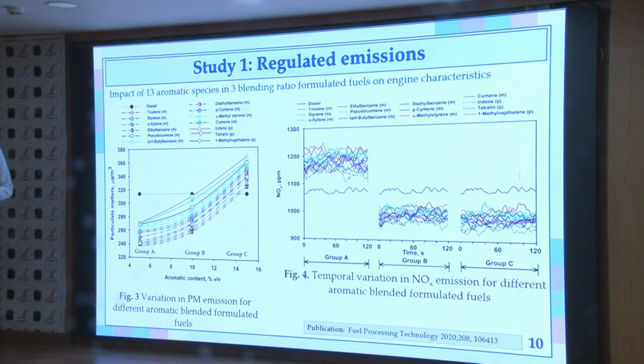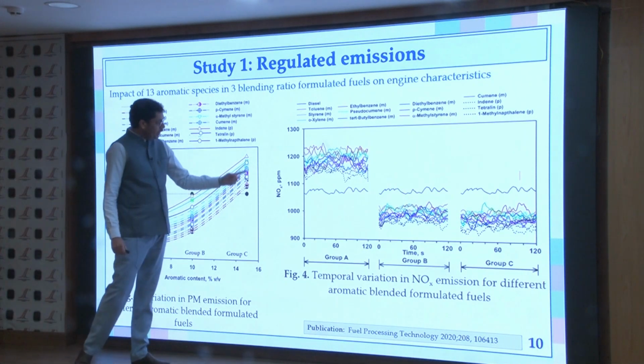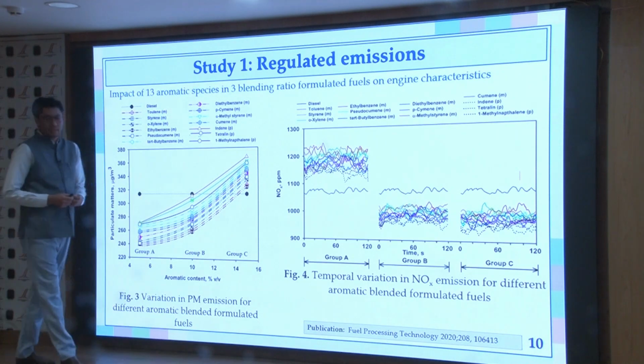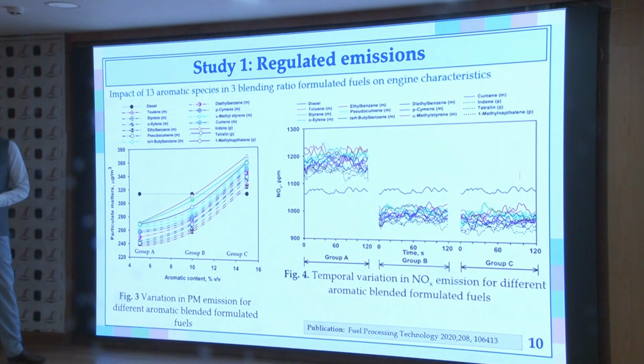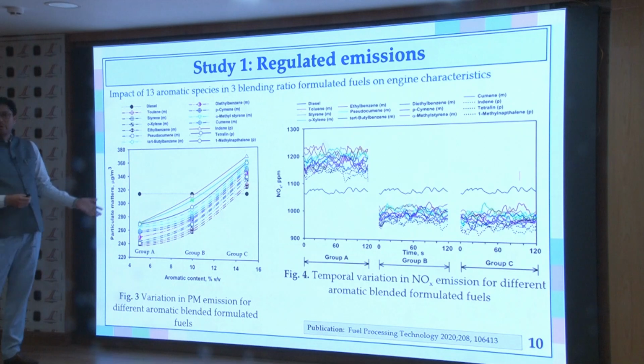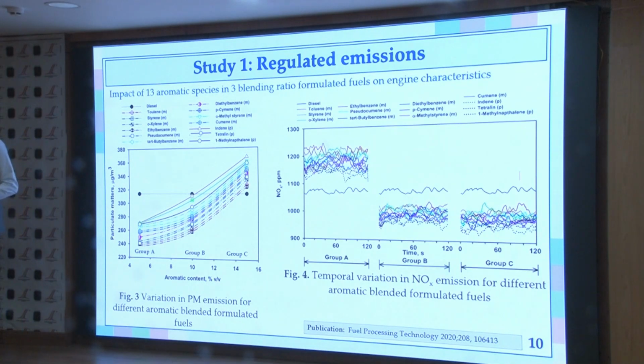Now we have done the study. If you see different aromatics, we have 13 different aromatics. Even though we have a similar content of the aromatics, we have a difference from basically 370 here to nearly 320 for ethyl benzene. That happened due to the physiochemical properties of ethyl benzene, which has a low boiling point and also has basically a single chain of